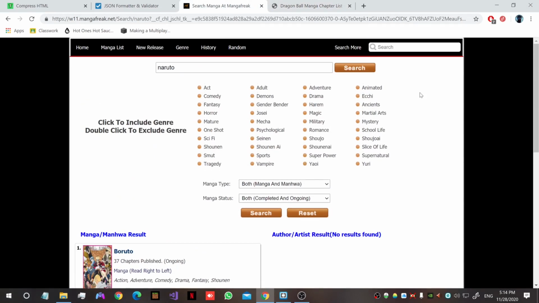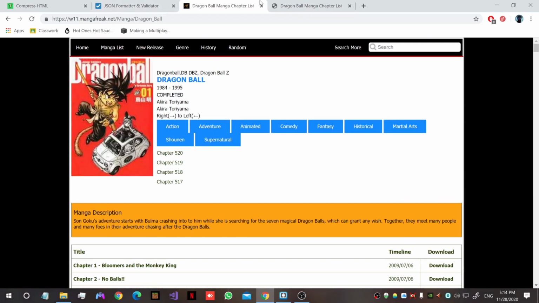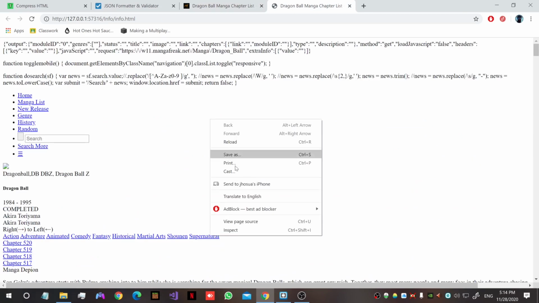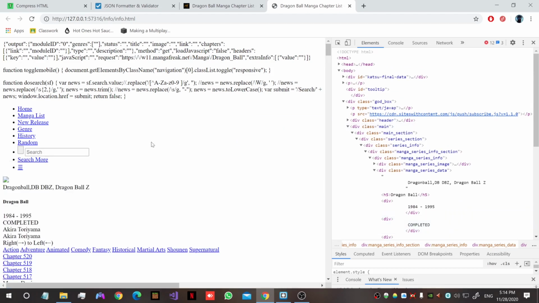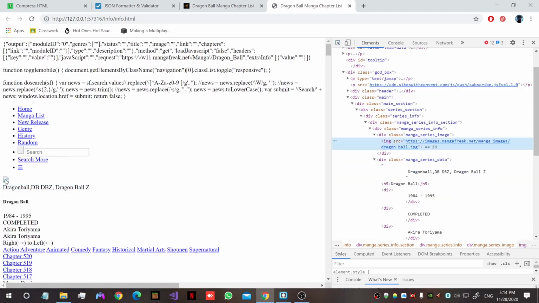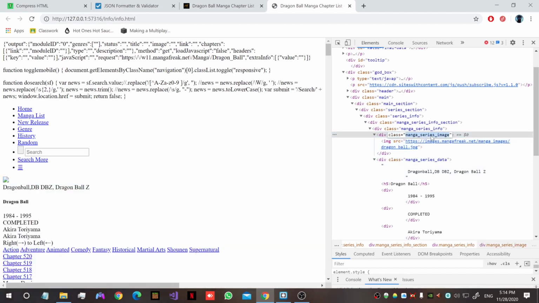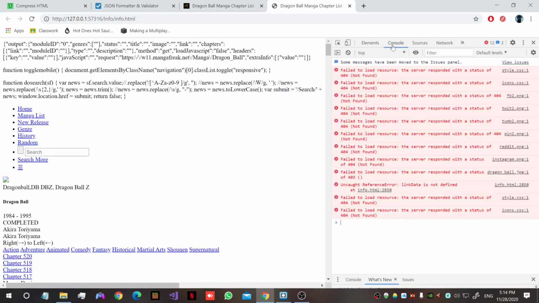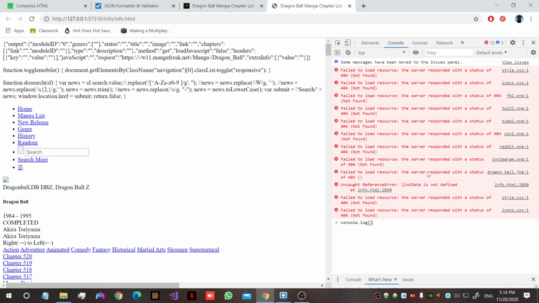and we want to get a reference to it, so what we're going to do is we're just going to search up Dragon Ball. I'm going to search up the original Dragon Ball, I'm going to go on it, and now I have a reference of how it looks like with all the CSS. So now I'm going to open my developer tools. In our developer tools, I like to get the image first, because the image is honestly the easiest one, because really only one of them should have it, and you can even check console.log document query selector,